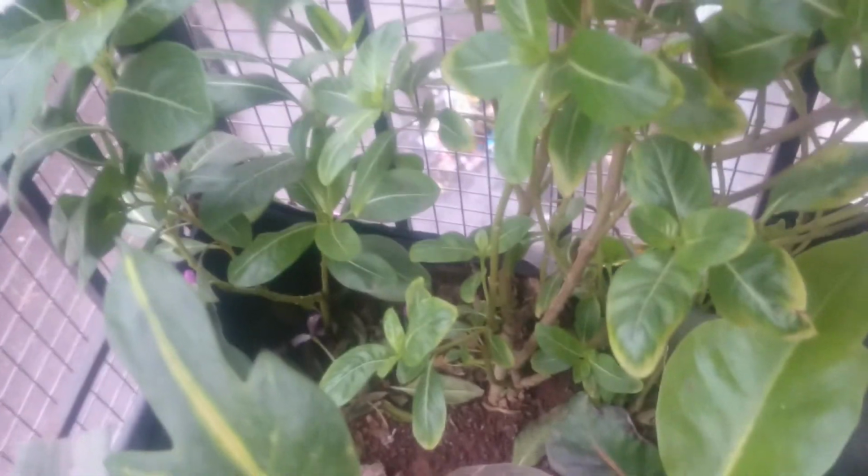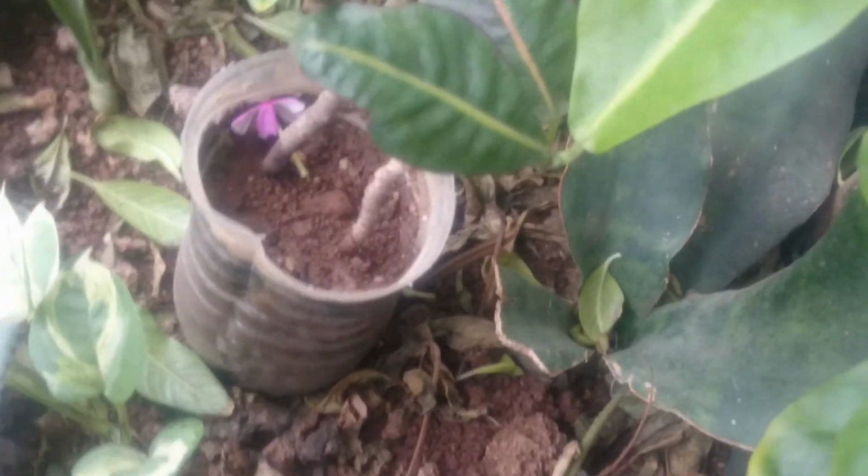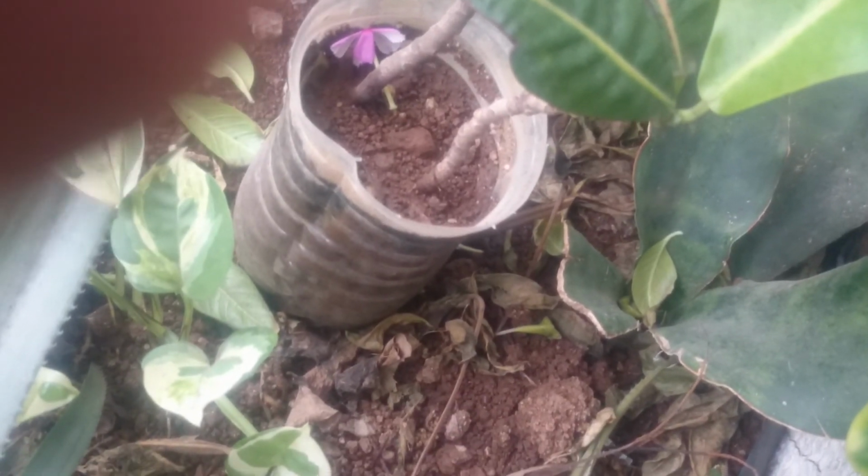So this beautiful periwinkle plant was just little sticks. They were like two little sticks. I just snipped off two little branches. Let me show you. They were thin, like this big, a few inches. You see how thin this is? All I did is I used the bottom of a bottle, like this one,